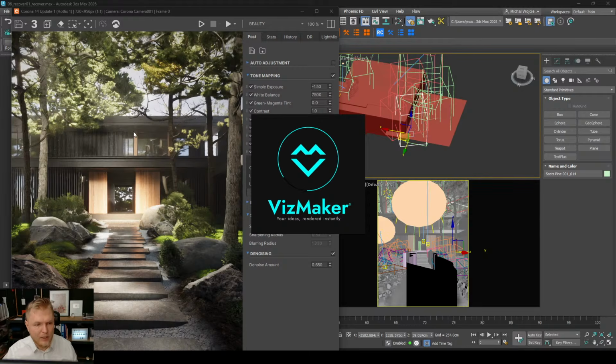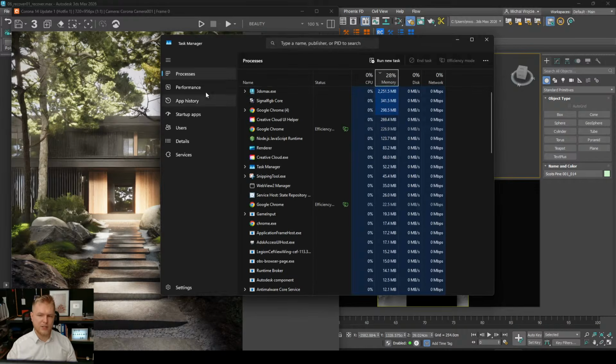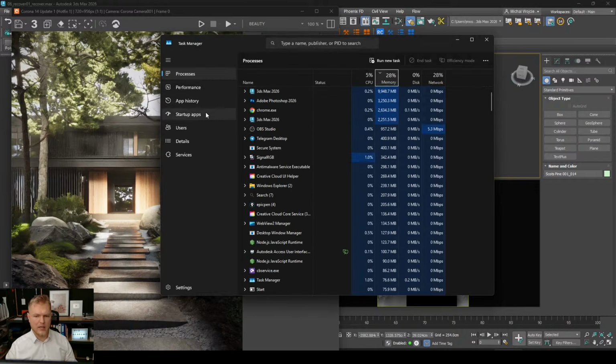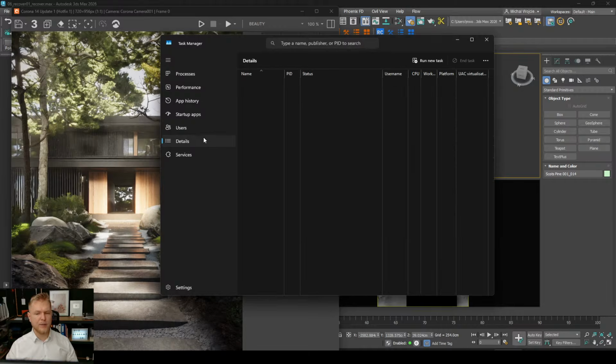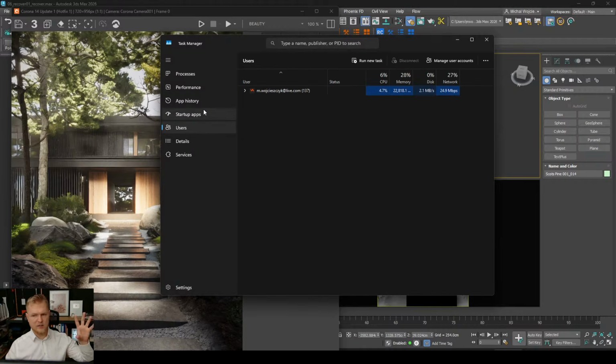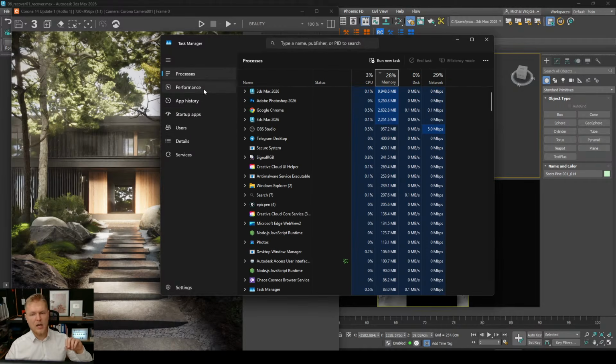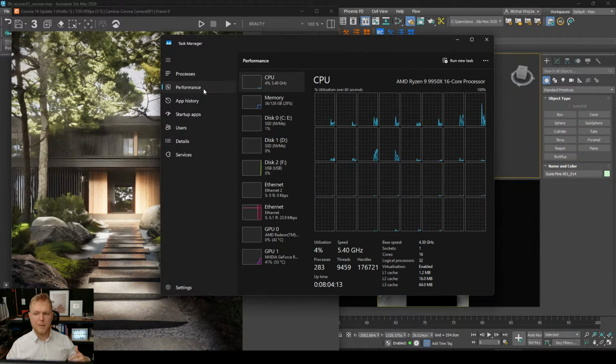after a little bit of rendering, your PC is smooth. What CPU do you have? At the moment, I'm using Ryzen 9 9950X, but I wouldn't call it necessarily smooth, because there are better computers out there, and because I don't know how advanced you are in terms of computers,